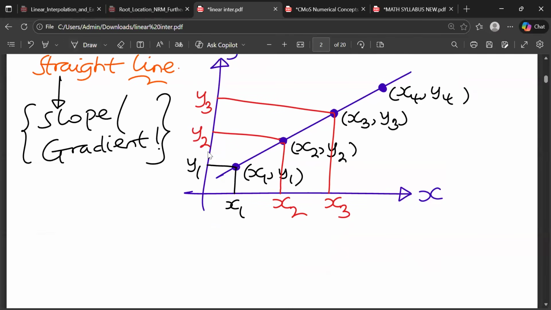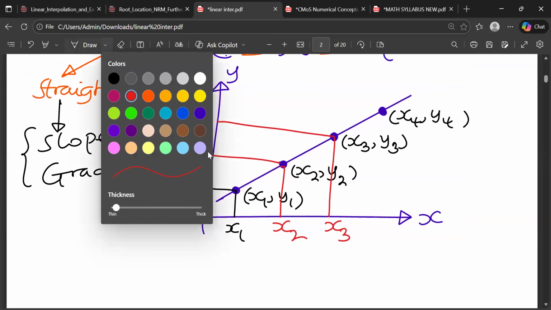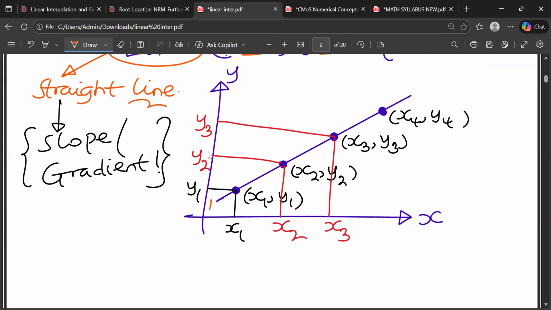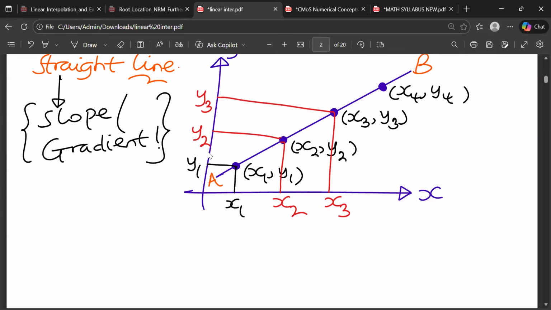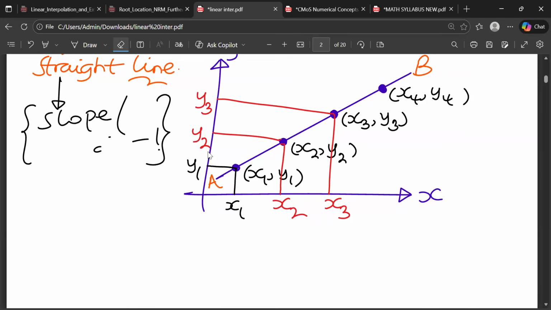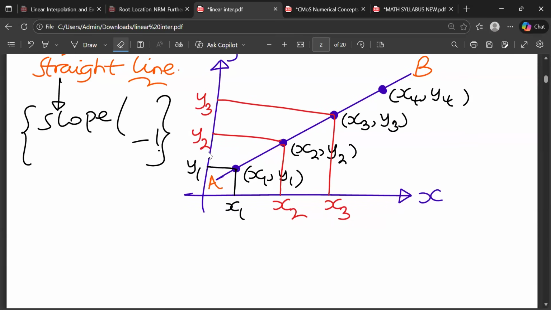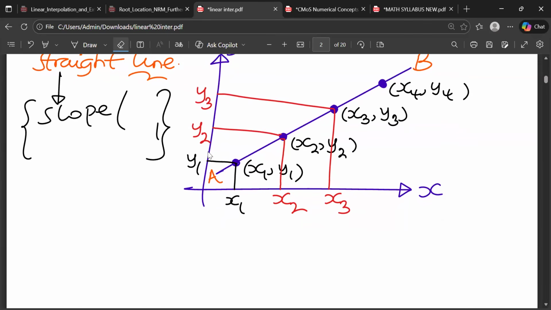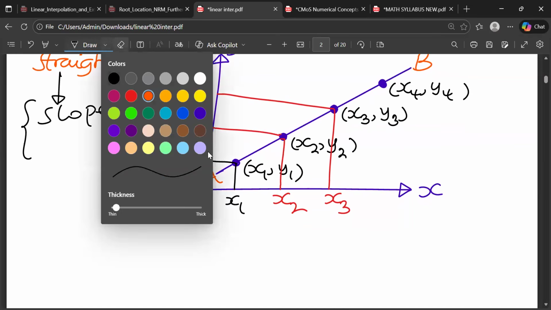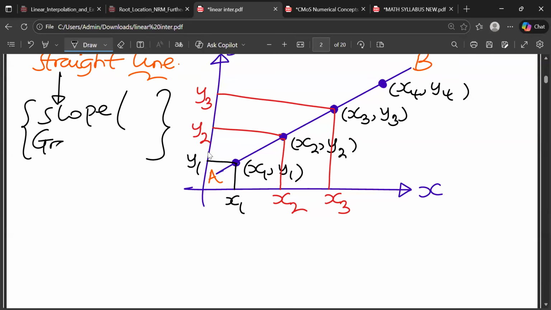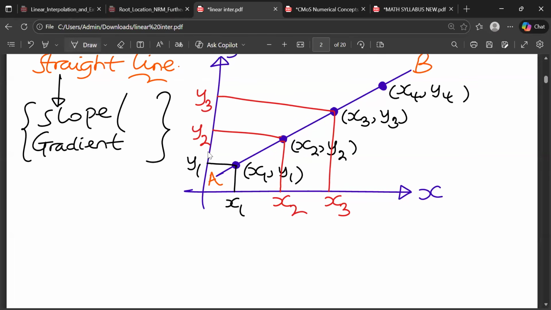So I want people to tell me, considering that line that we have, I can come here and call it line AB. I can say this is our point A. I can say this is our point B. I want people to tell me the formula of gradient for that line. And as you're raising up your hand to come and tell us your stories, please tell us whether the formula is one or there are many. And if there are many, I want you to state all of them, not only one. And if you state all, trust me, you will understand